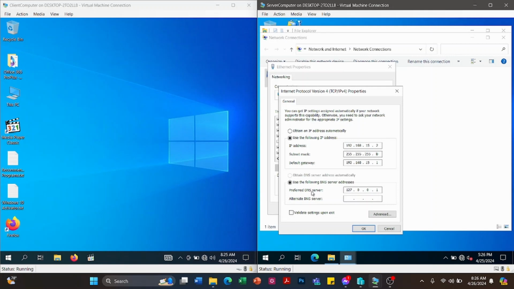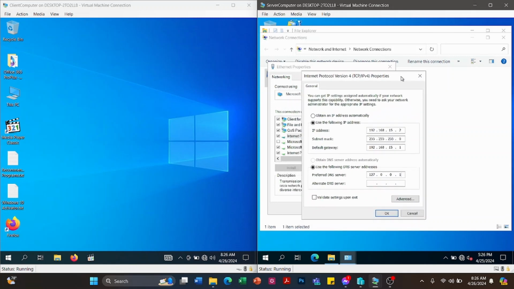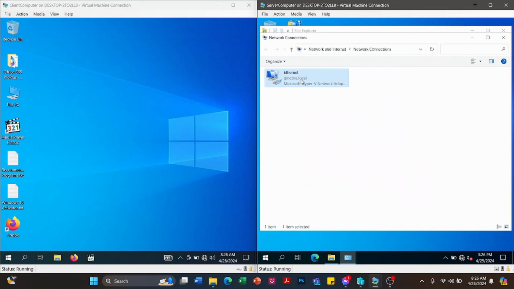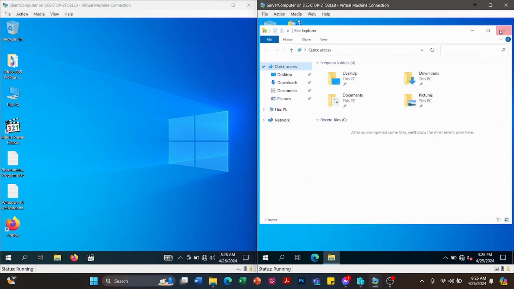In the preferred DNS server, 127.0.0.1 will automatically be set after you install ADDS and DNS. This will be the DNS server of the server computer. Just click OK, then close. So we have already manually entered an IP address for the server computer.